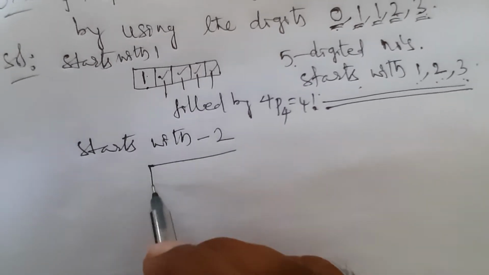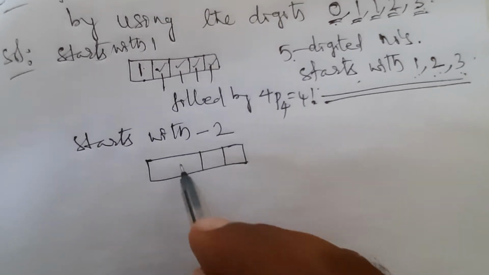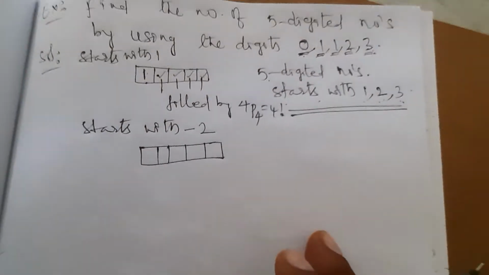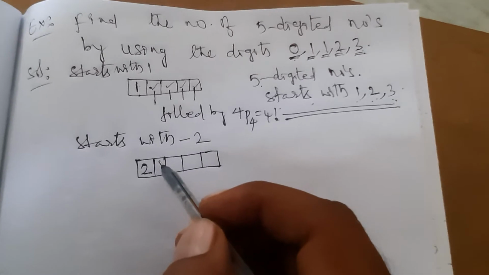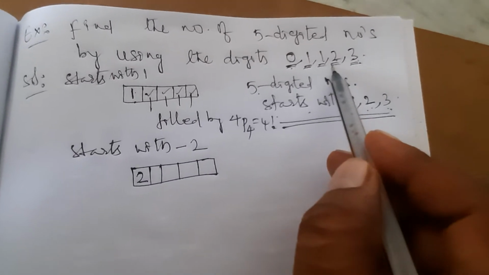Okay, this is the second classification. So in this also 1, 2, 3, 4, 5 gaps you can take like this. By taking the 5 gaps here like this, starts with 2, fix here 2. If I fix here 2, 2 cancel.